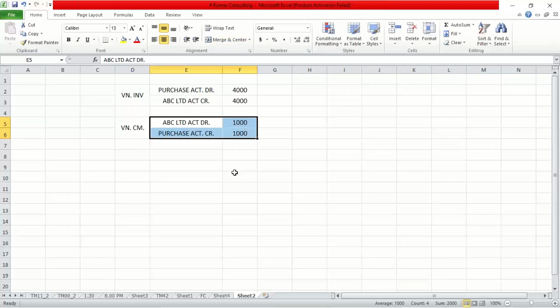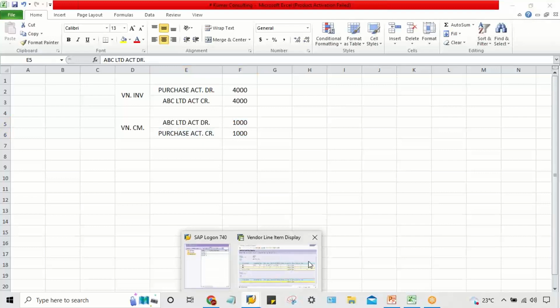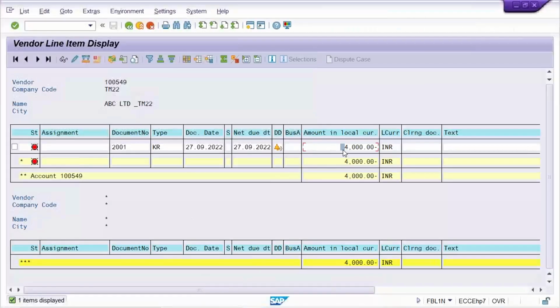1000 worth of goods we are going to return to the vendor. So what is happening? Right now the overall payable for this vendor is 4000. If you return 1000, then the payable is supposed to be reduced, and now the payable must be 3000 only. Okay, so let's go to how to post a vendor credit memo, guys, that is